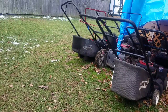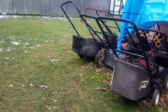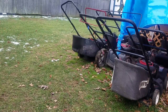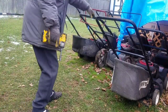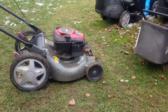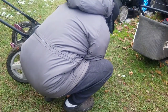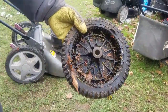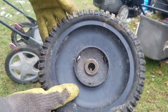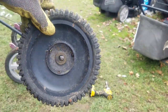So as I was editing the film, getting ready to edit the episode and put it together, I was watching it, and I noticed that the reason why the front left wheel isn't spinning along with the self-propulsion is because the hole in the wheel is too big. It's been worn. I thought maybe if I change the wheel to a better conditioned wheel, with a tighter hole, it could spin. So this hole is just too worn and wobbly, so when it wobbles, the gear won't touch the teeth. So either I could find an insert in here that's tighter, or find an exact wheel that has a tighter hole that will go onto the